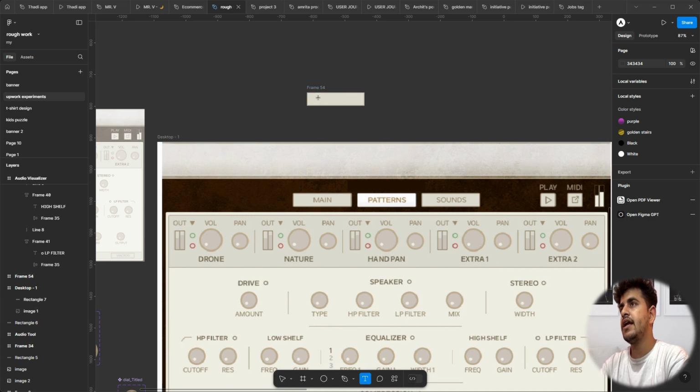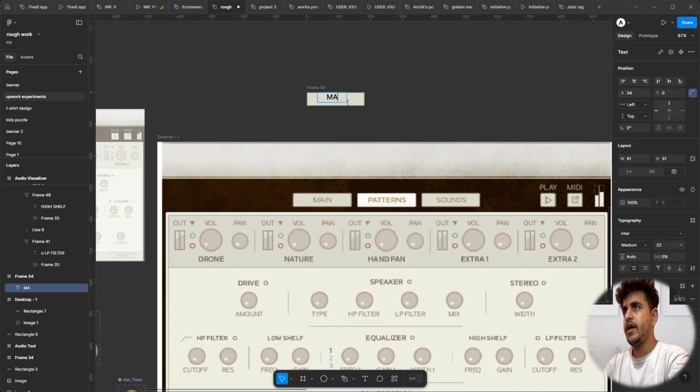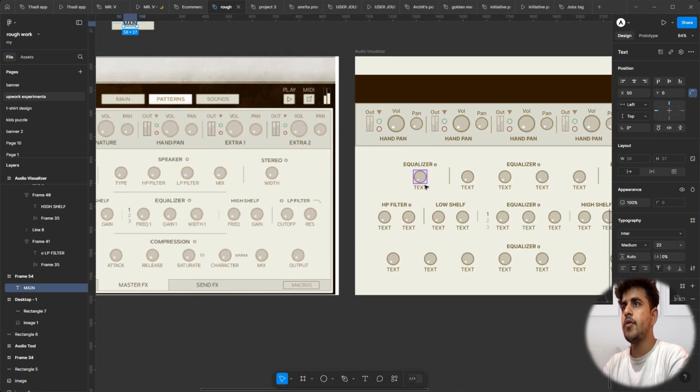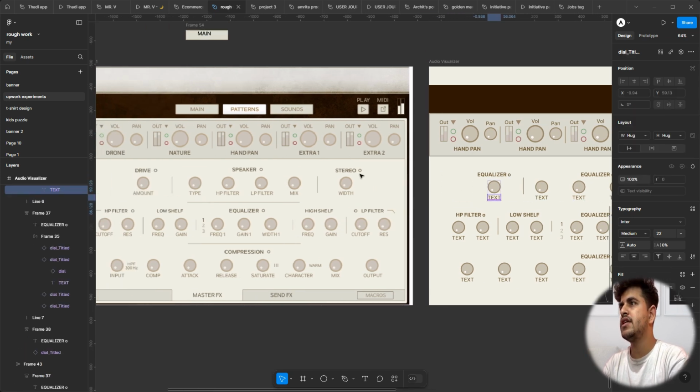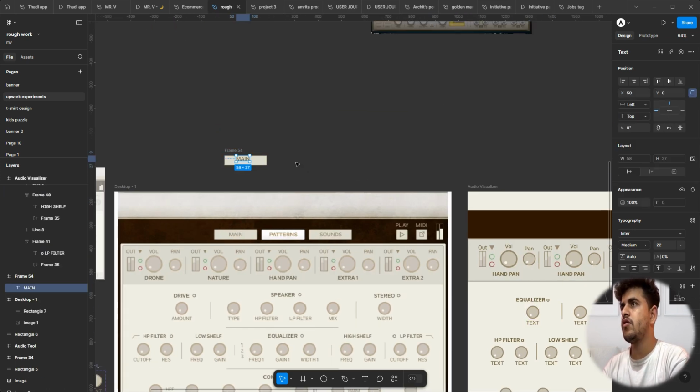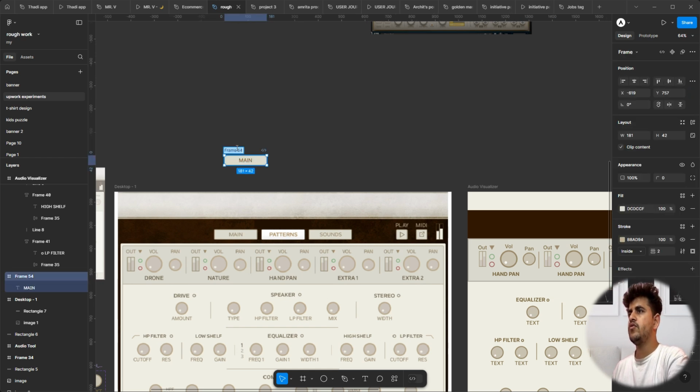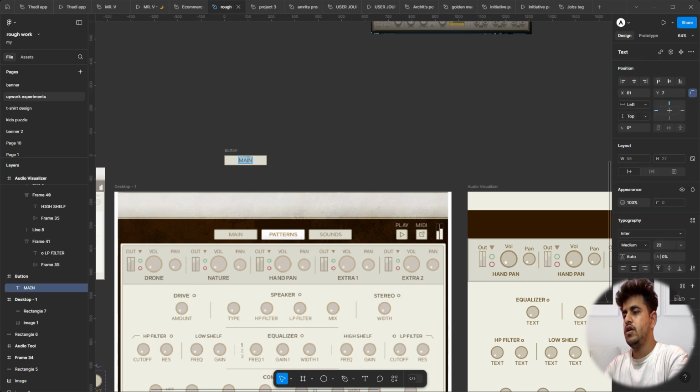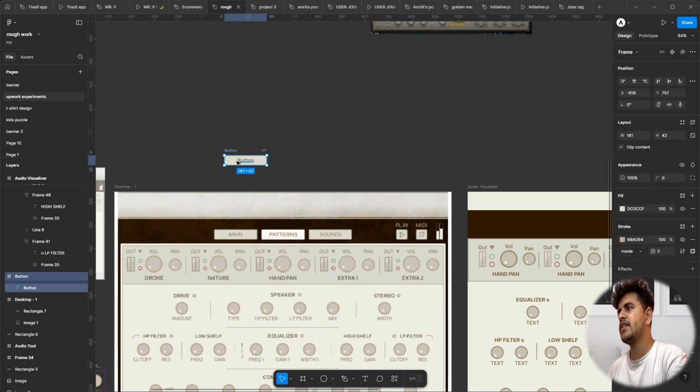Now we will be needing a text, Main. So as not to confuse the styling of text, we will pick the property of any of this text. Press it on Main. Okay. Now we will do a very cool thing, like in this button and in this button text. Only button. Okay, now we will make this a component, but before that make it auto layout by clicking Shift A,